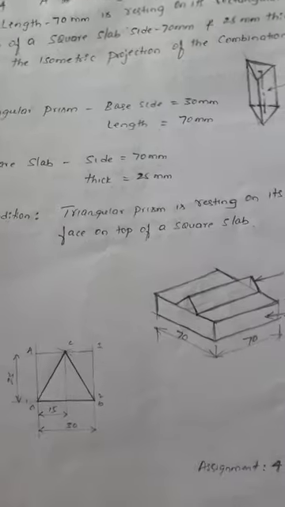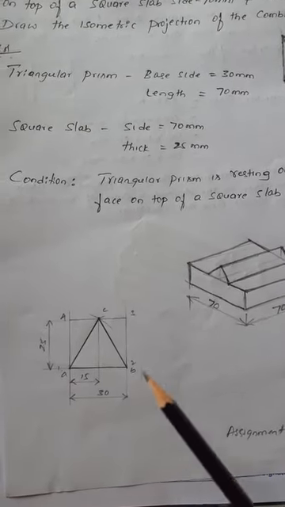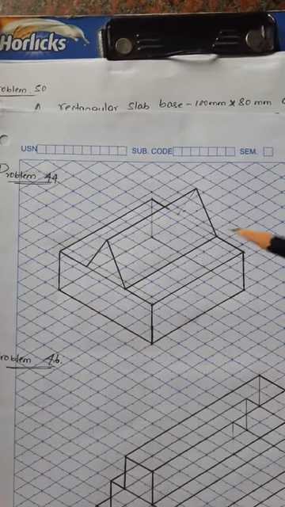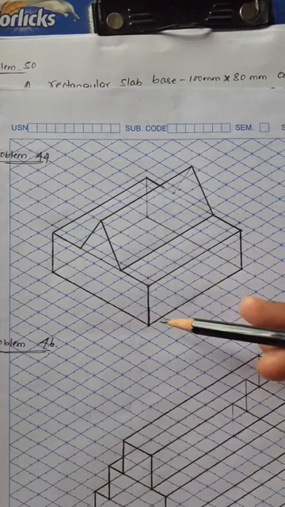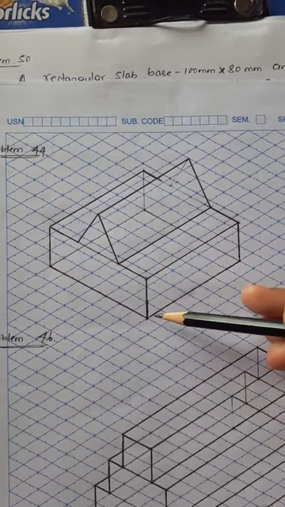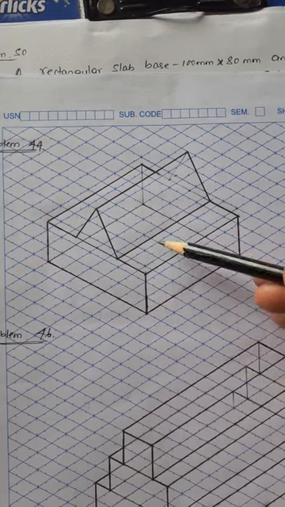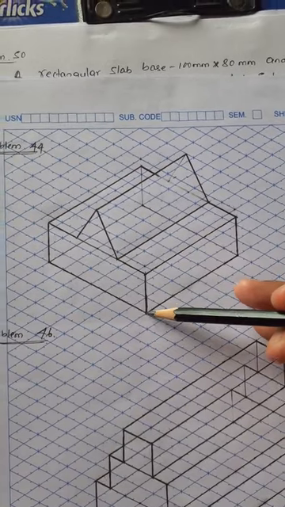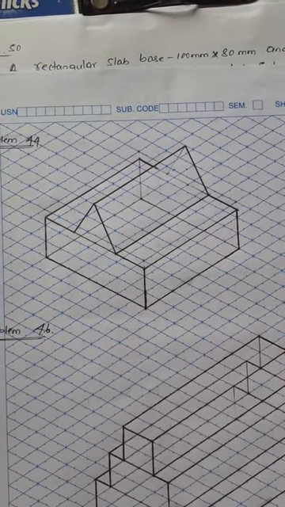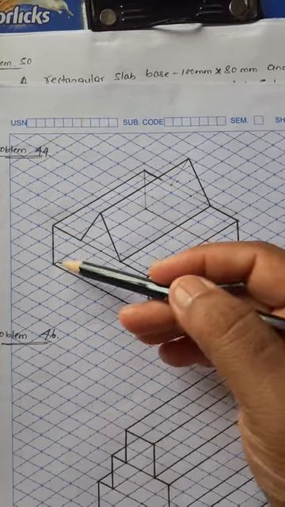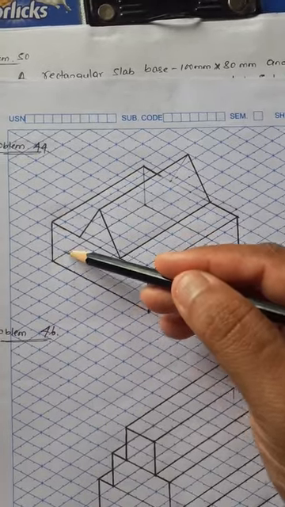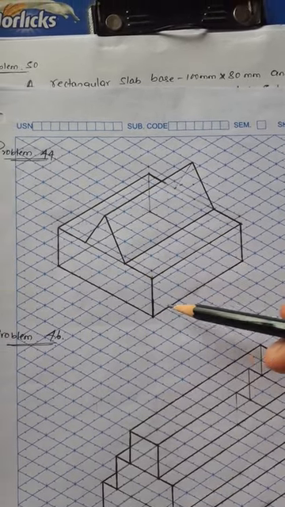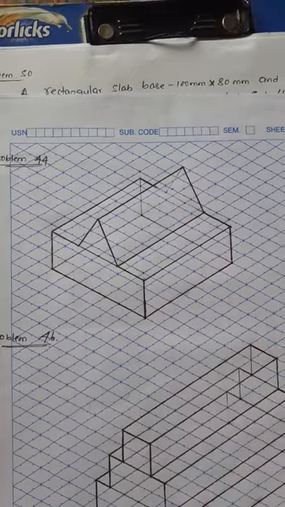Now for this, first construct the orthographic projection for only a triangular lamina. Now you can see how to construct the square slab of 70 mm. As you know, mark a point. The top view is always shown on the isometric horizontal, right? Now measure along the 30 degree and 150 degree lines. The square slab is 70 mm, which means 7 blocks, right? Measure 7 blocks on the 30 degree line and 150 degree line, and again the remaining 30 degree and 150 degree lines. You will get the bottom face of the square slab.